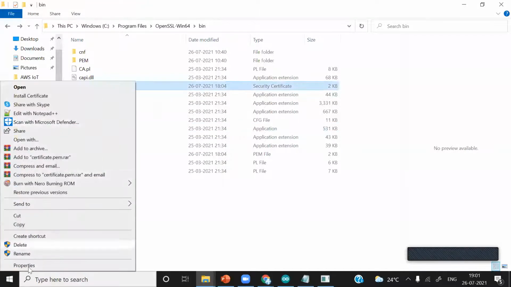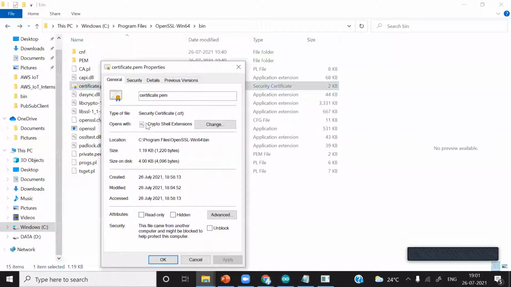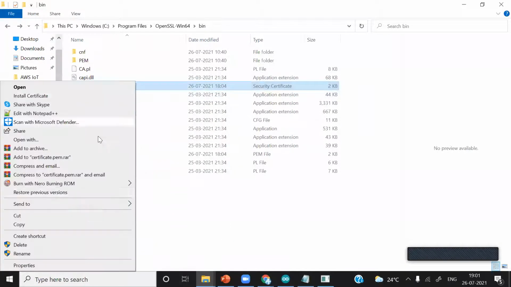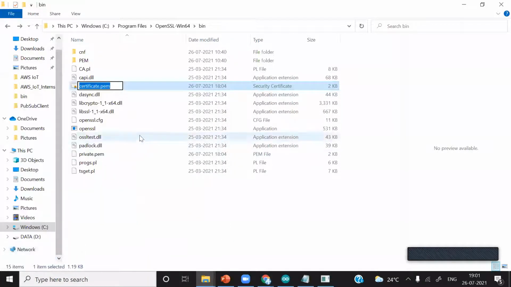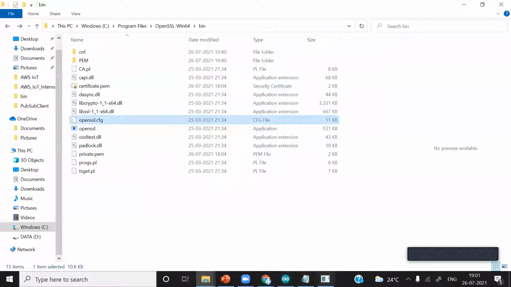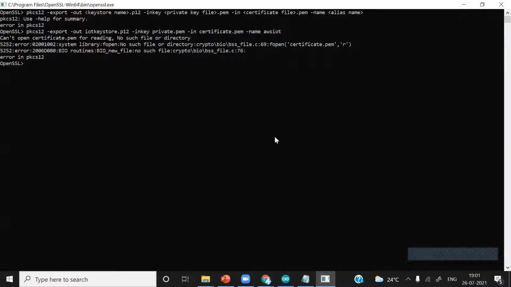It is certificate.pem.crt. If you go to properties, you'll find the file type of this file is .crt, and if you try to rename it or change the extension, you will not be able to see the .crt part. So instead of just writing .pem, add again a dot and crt and then hit enter.